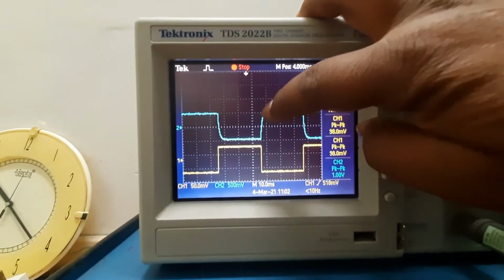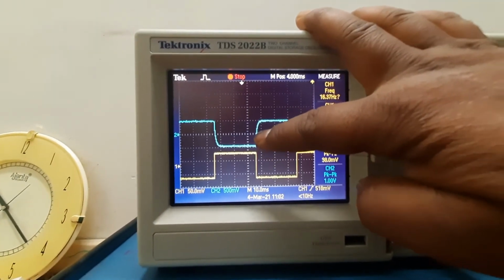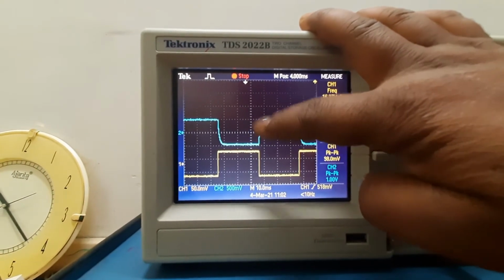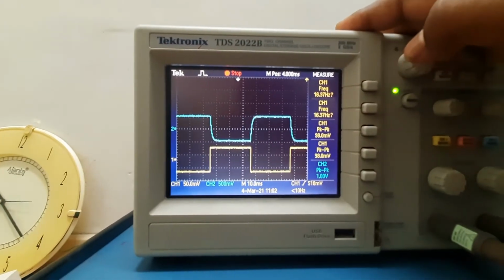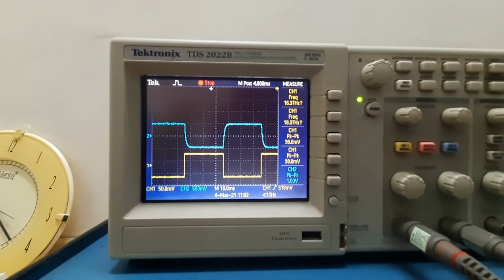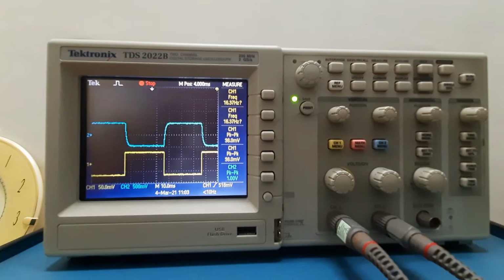Here we can see this is the 100% of the peak, then the 63.2% will come roughly at this point. So we have to note down the time which it takes to reach 63.2% of the peak.